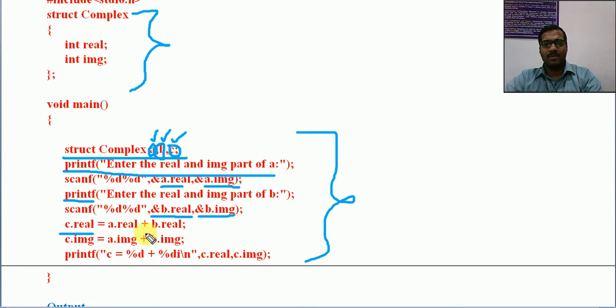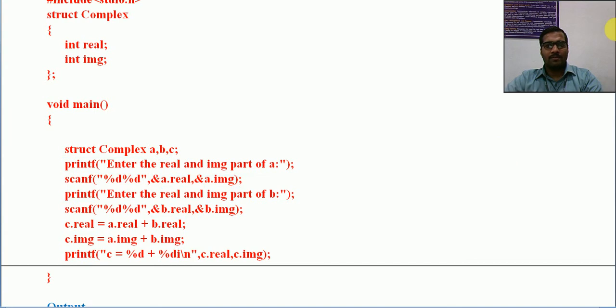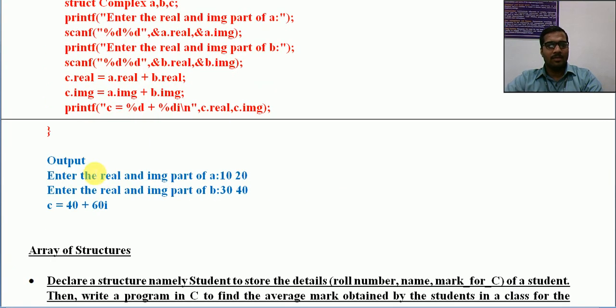The only thing is we are getting each value from that particular structure variable and its corresponding member. A sample output is given: the example is 10, 20, 30, 40, and the result will be c equal to 10 plus 60, 40 plus 60i. Okay, I hope it is clear.